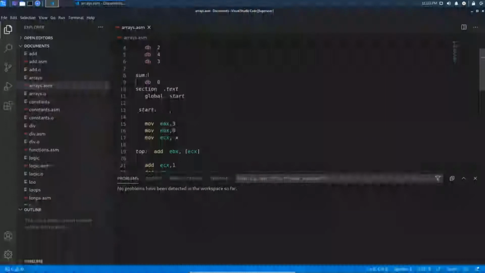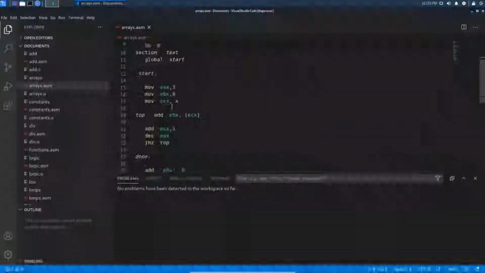Coming to our text section, our code will be here, and we are moving 3 to the EAX register because the number of elements to be summed is 3. So we passed the count as 3, as there are 3 numbers to calculate the sum. Our EBX register will calculate the sum, and the sum will get stored in the EBX register.